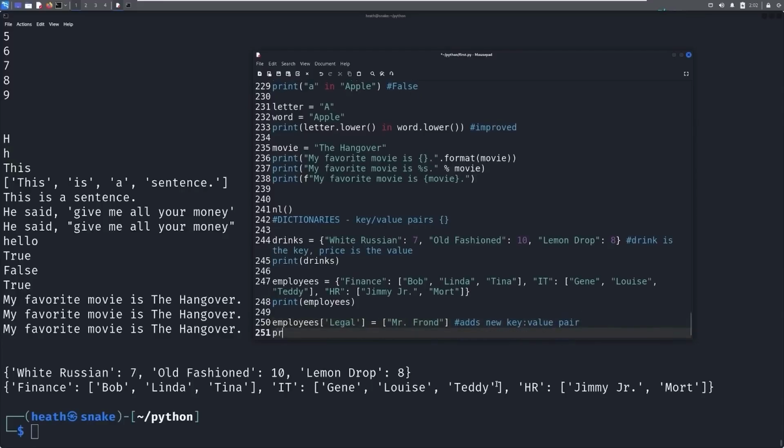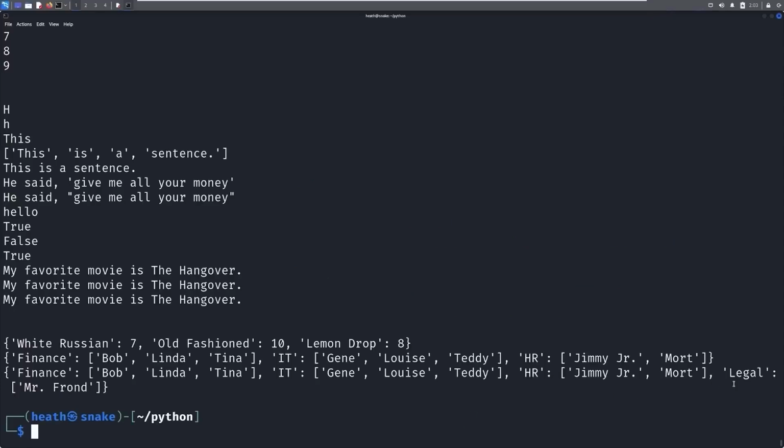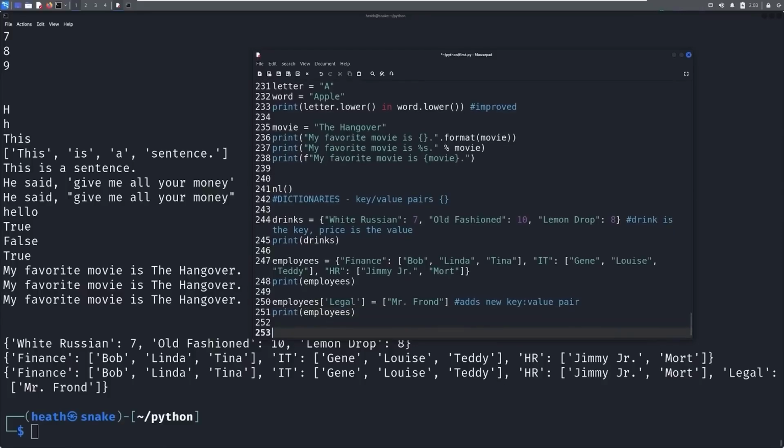Save that. Actually, let's print employees so that way we can actually verify. Save, print. And you can see legal adds Mr. Frond. So we are adding to the end of our dictionary, just like we added to the end of our list. Everything gets appended to the end unless we specify otherwise. Let's go ahead and come in here. Another way that we can do this is we can say something like